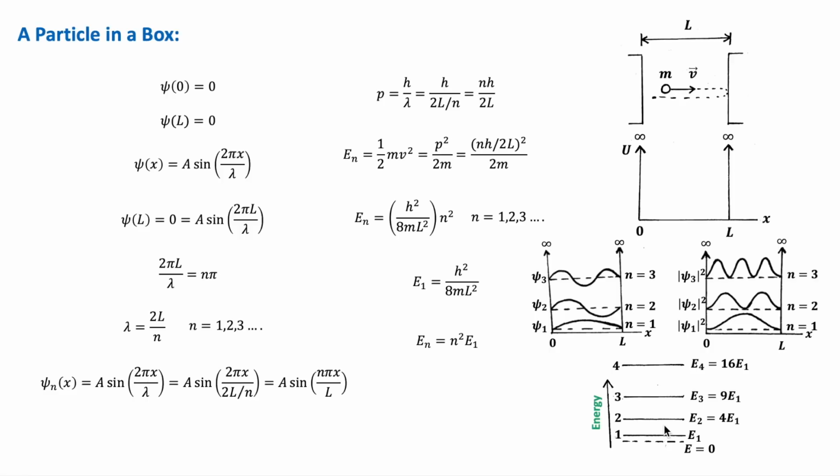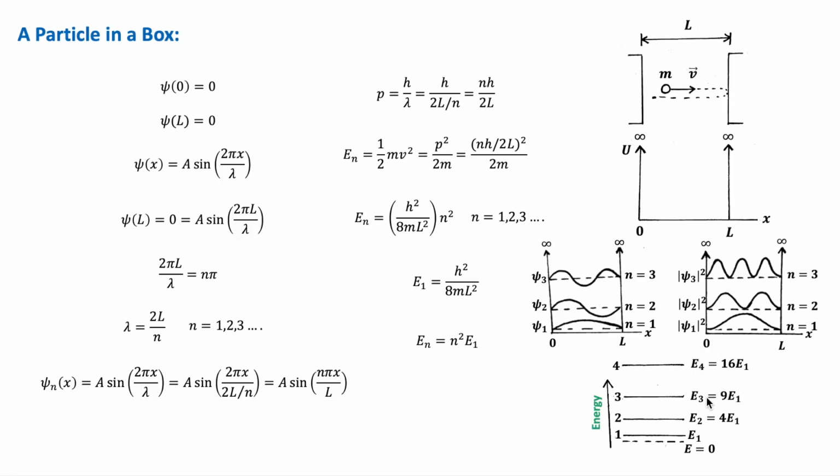Similar to how the energy in the hydrogen atom is quantized, that we discussed in the first video of quantum mechanics, right? And the lowest allowed energy is E1 equal to h squared over 8mL squared, corresponding to n equal 1. And it is known as the 0-point energy, okay? And the next excited states can be written as n squared E1. So the second allowed state has an energy of 4E1, and then the next allowed state is 9E1, then 16E1,